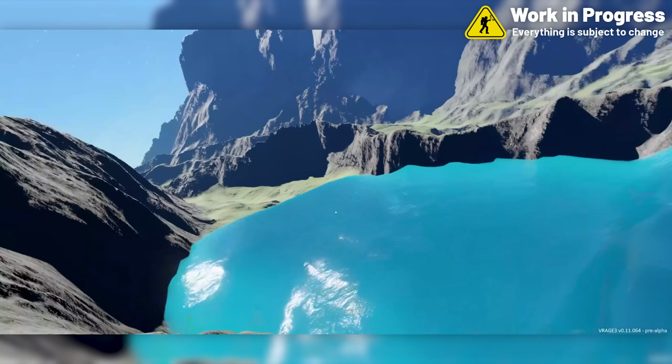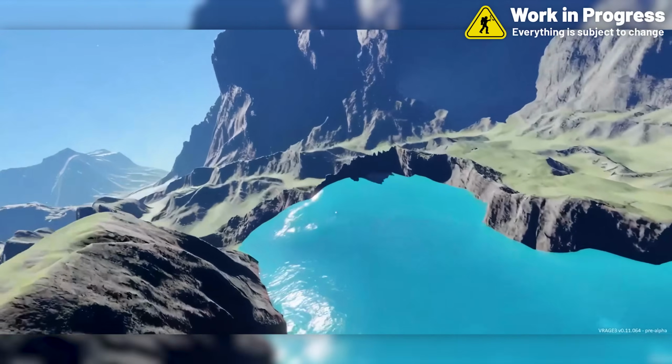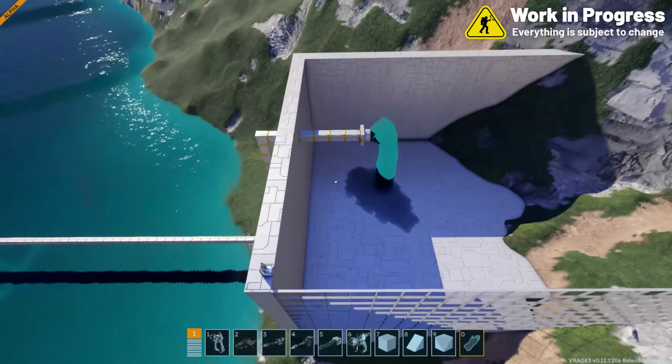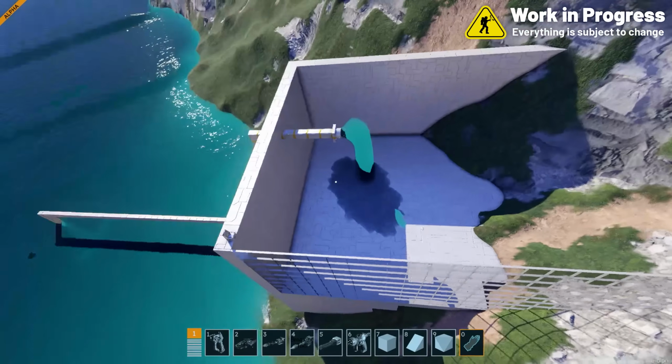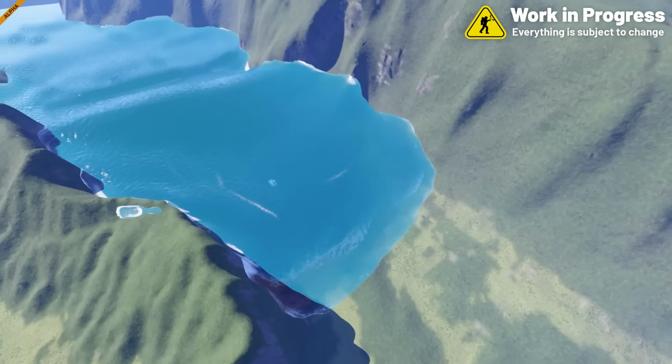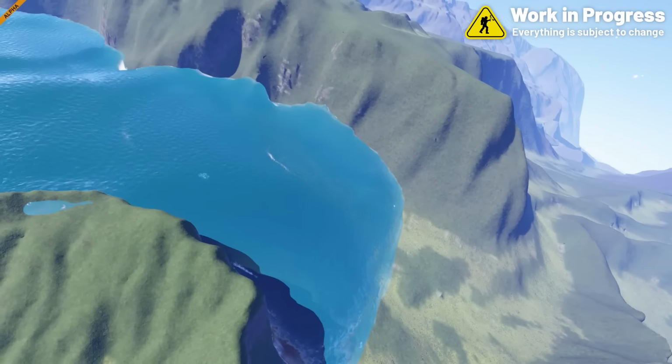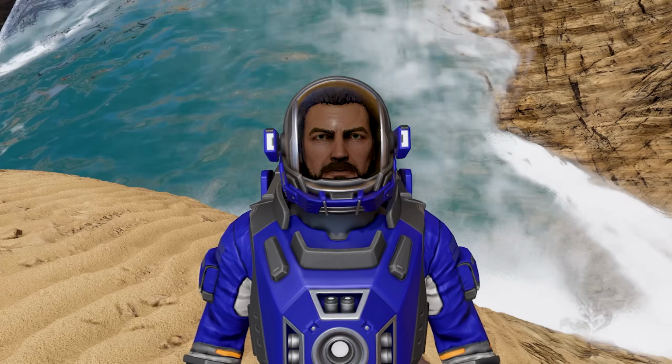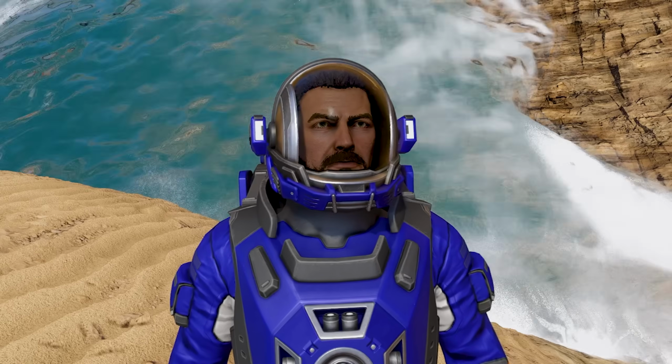Volumetric water is much more like a real liquid. It has depth, it has volume. The water fills up spaces it's put into, like lakes or oceans or a box like this one. The water flows around and it can be picked up, it can be moved, and it can be blocked off. To put it simply, volumetric water is a real thing you can interact with, as opposed to the static solutions